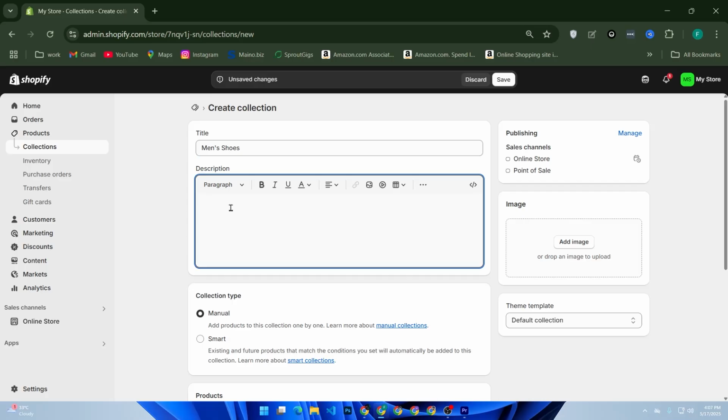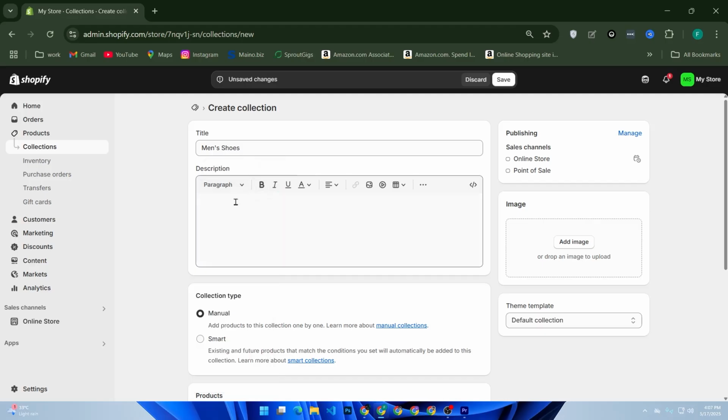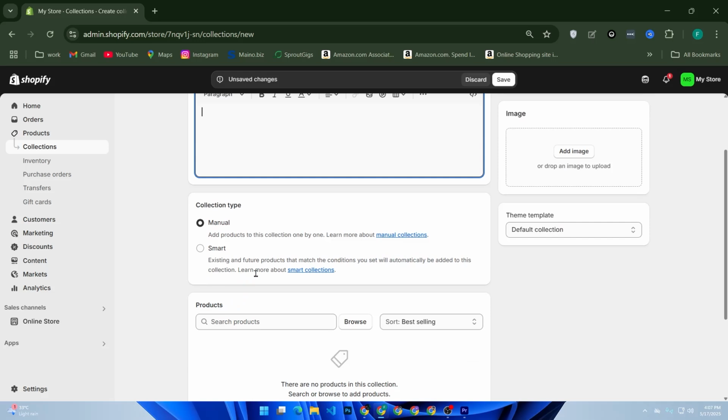Description is optional but good for SEO. You can use ChatGPT for the description. Then collection type, choose manual. Click Save,